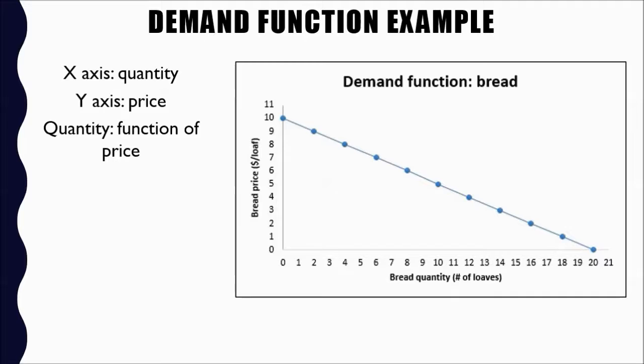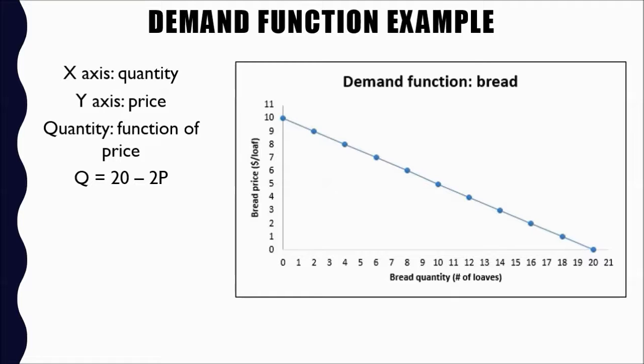The equation of our demand function is Q equals 20 minus 2P, where 20 stands for the intercept and minus 2 stands for the slope. How can we interpret this function? If P equals 0, meaning that the price of bread is 0, then consumers are willing to purchase 20 loaves of bread. They don't want to purchase an infinite amount, even though the bread is free. This could be because they don't have enough storage capacity to store more than 20 loaves, or perhaps they don't like the bread enough to purchase more than 20 loaves.